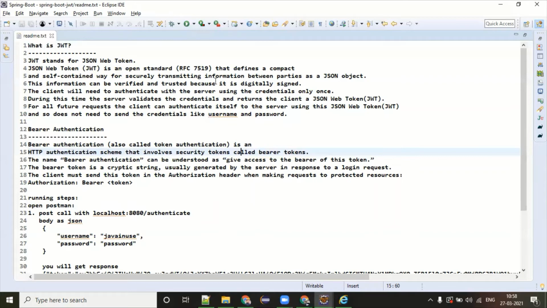So even if a hacker tries to manipulate the request, they cannot manipulate this token because it is digitally signed. No one can read it. The client needs to authenticate with the server using the credentials only once, and after that this token helps them maintain their session for further requests.